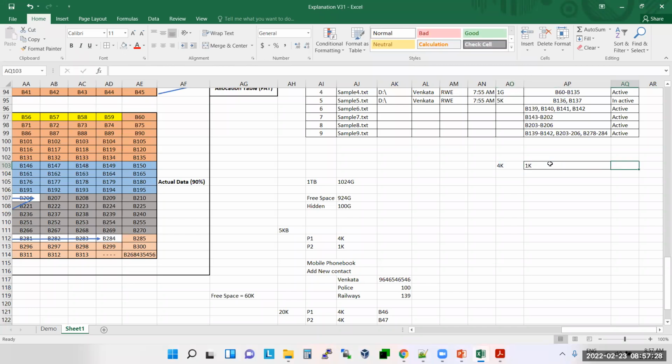How much is wasted here? 3 KB. If you made an 8 KB block size and wrote 1 KB, how much is wasted? 7 KB. So it is better to go with 4 KB. We cannot reduce below 4 KB.